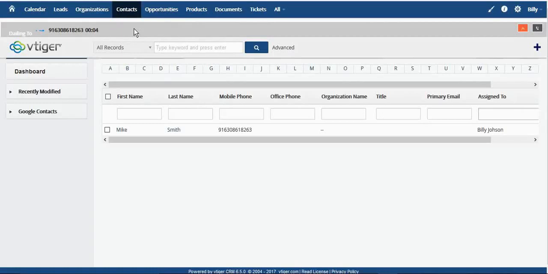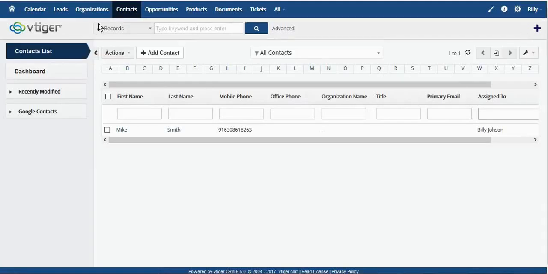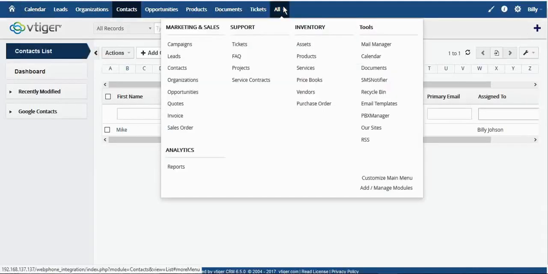Now you do not require any Zyper or any IP phone or any hard phone to use this, to use an agent for extension. So you can directly make a call from the CRM, pick up the call from the CRM, accept the call from the CRM. So it's very smooth. I will just hang up this call, and when I go to my PBX manager,